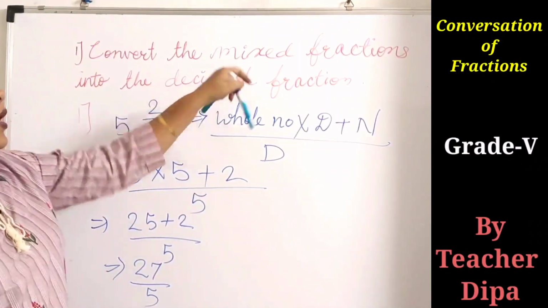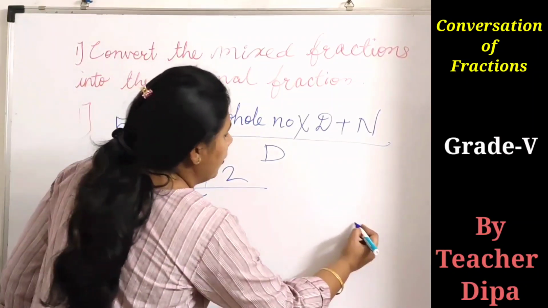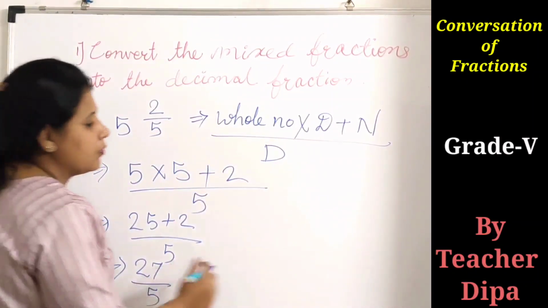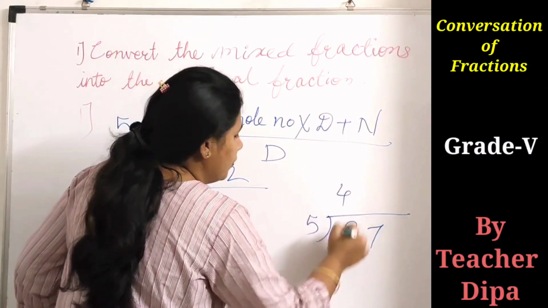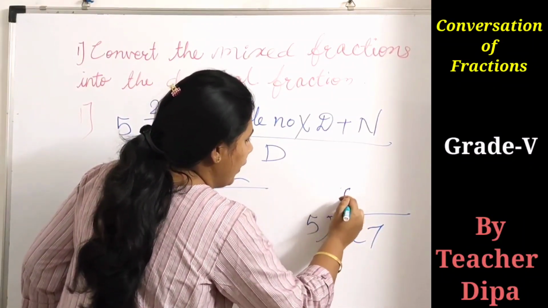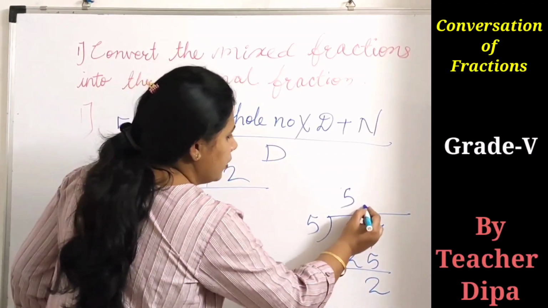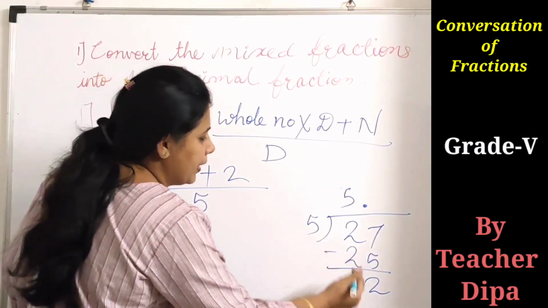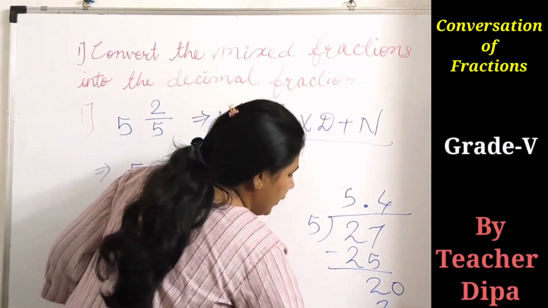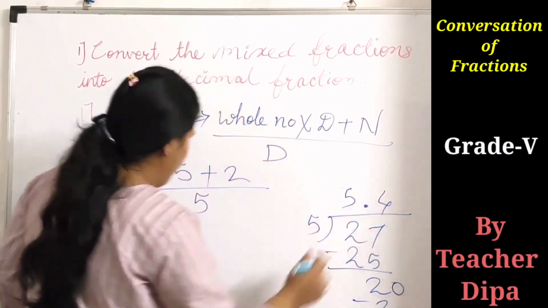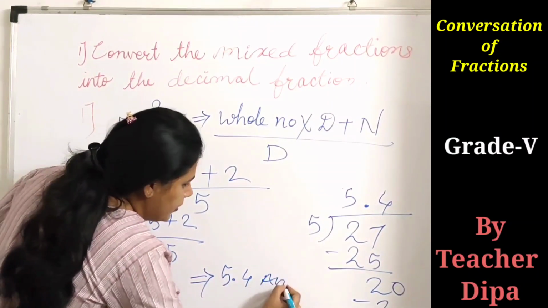But my question is to convert it into the decimal fraction. So for that, what I have to do is, what is given, 27 divided by 5. So I am writing 27 divided by 5. So I am getting 4. 5 5s are 25. I am getting 2 over here. 2 I cannot divide by 5, so I am taking the decimal point. So I am writing here 20. I am taking 0. So 5 4s are 20. So what I am getting is 5.4. So by this equation, 5.4 is my answer.